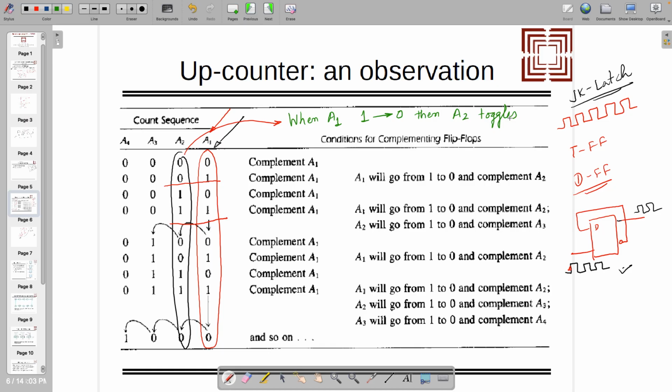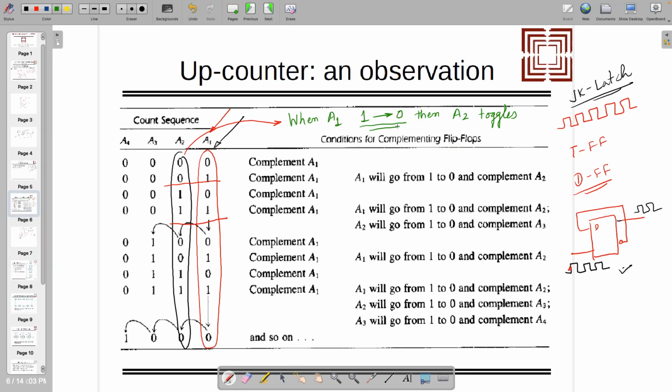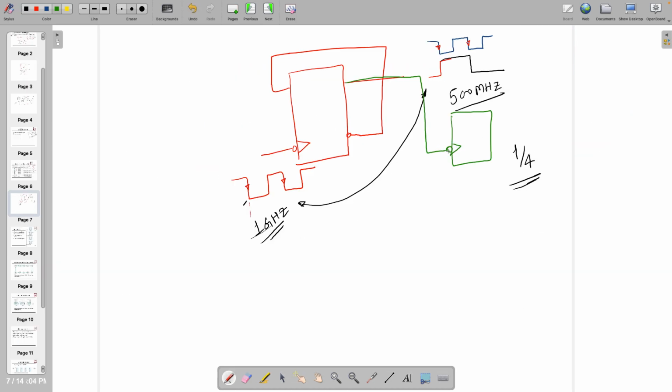So by this observation, if you are designing an asynchronous design, whatever we have generated, give it to the next D flip flop as a clock, making it negative edge triggered. Look at this, it is going from 1 to 0. Whenever it's going from 1 to 0, then this should toggle, right? Now this clock is derived from the previous flip flop. So this design is not synchronous. This is asynchronous design,